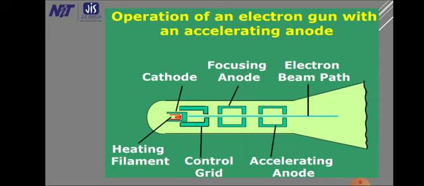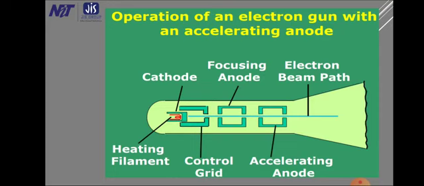Well, when we observe a picture on a screen, some part of the picture may be bright, some part may be dark. This brightness or darkness, or illumination or intensity on the screen, is basically controlled by the intensity of the beam which strikes a particular point on the screen. This intensity is controlled by controlling the intensity of the electron beam which is coming out of the cathode ray tube. If we look at the picture once again, the electron beam is coming out. The intensity of the beam is controlled by the control grid.